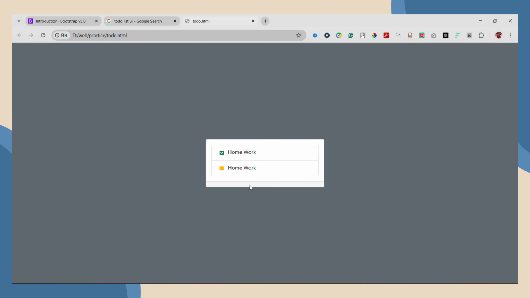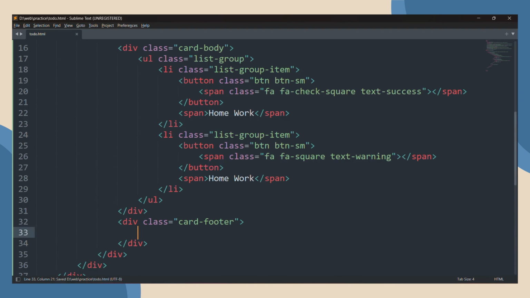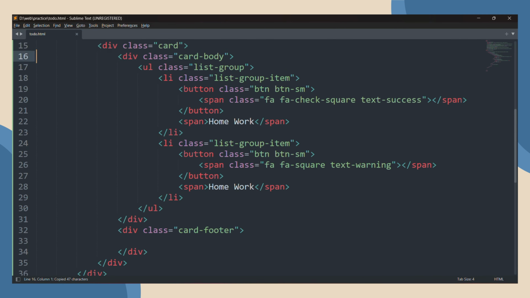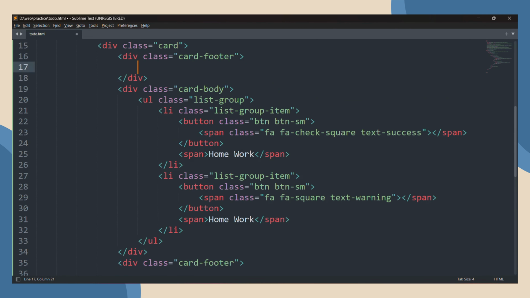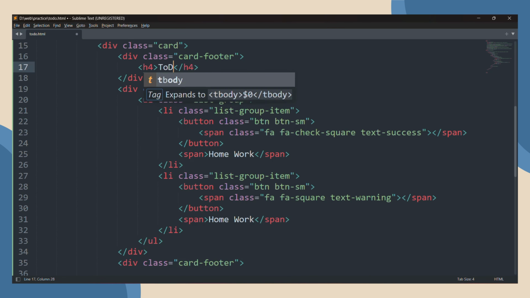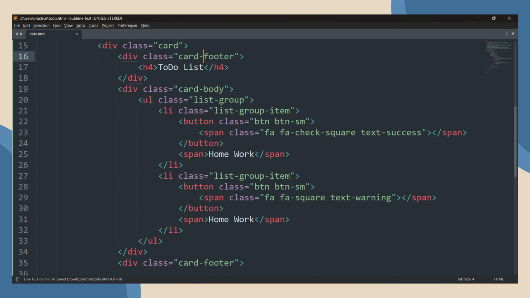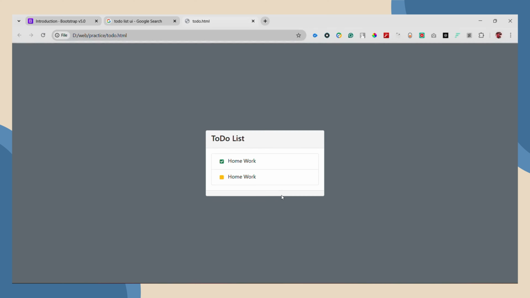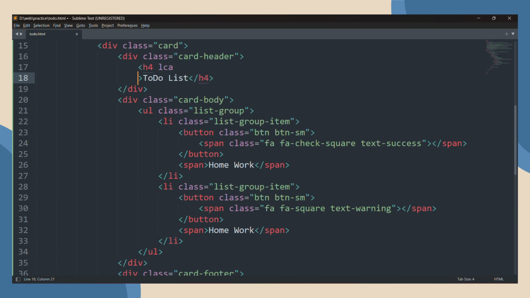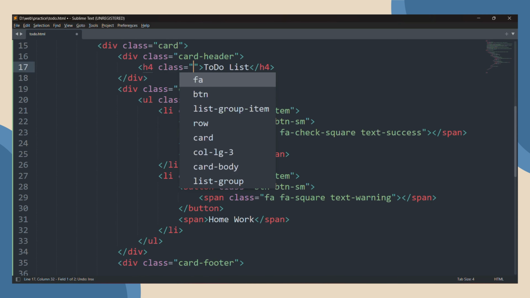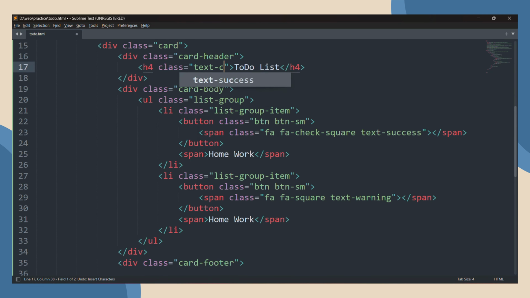Here you can see the design, simple. If you want to go for a header part also, you can go for that. You just need to mention the heading. If I'm showing a to-do list and provided a header, it will look like this. For the heading, we need to mention some classes like text-center,